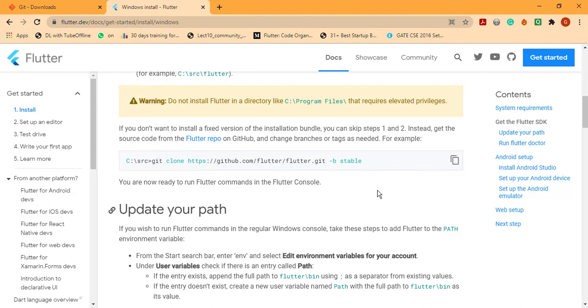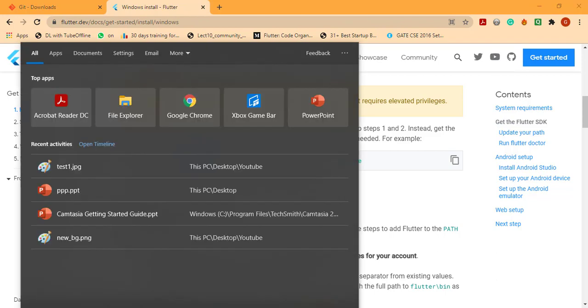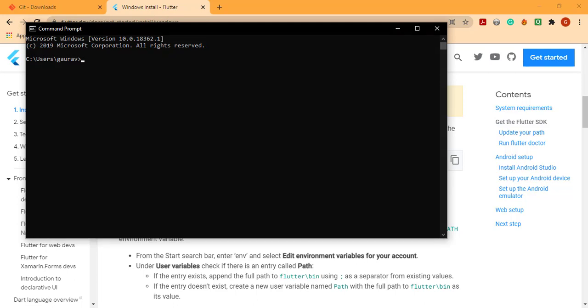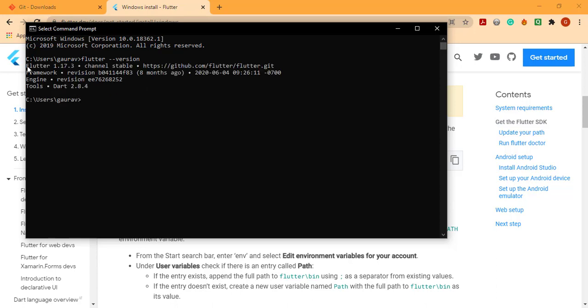What this will do is that you can use the Flutter command in your CMD. Let me show you. In CMD, you can type flutter. You can use the Flutter command in your CMD after doing that. See, it's showing that my Flutter version is this. If you do not register your variable in the environment window, you won't be able to do your command line